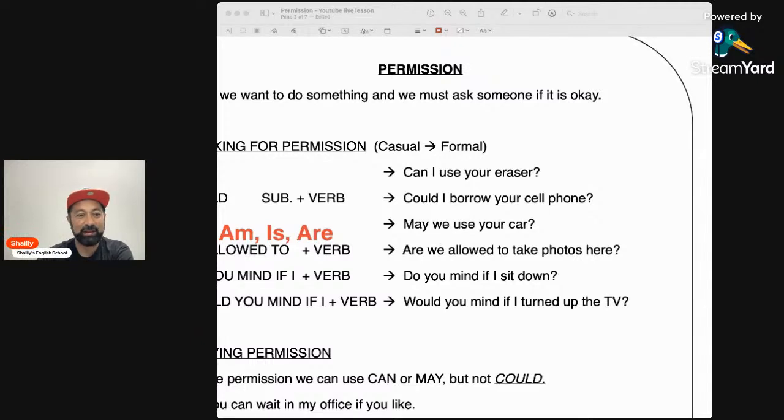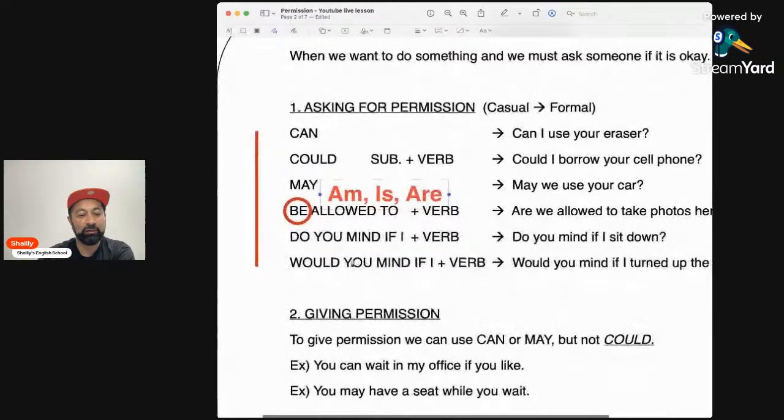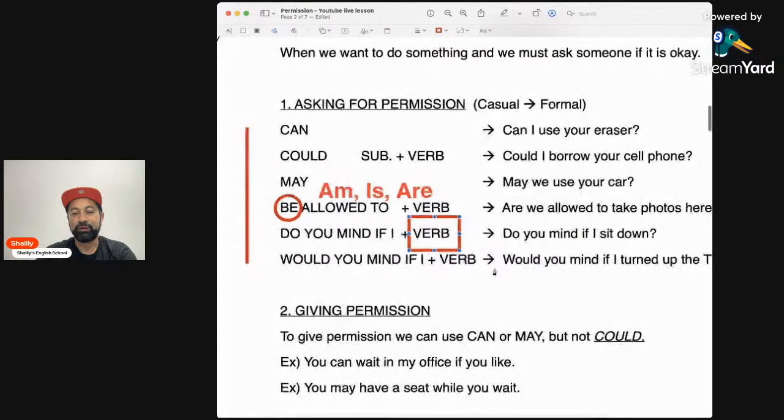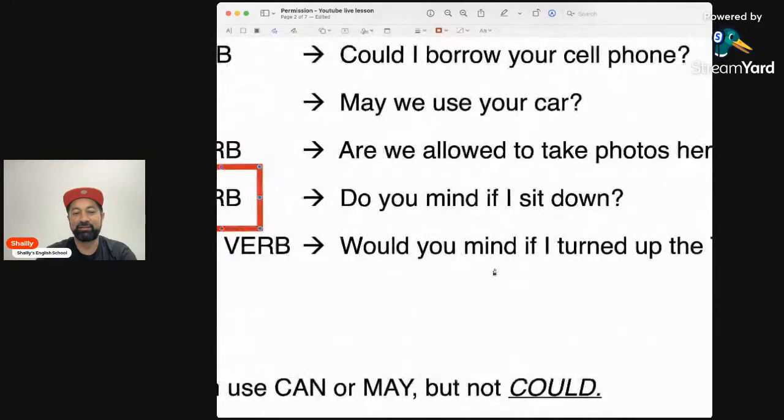Okay, so let's get back into our be allowed to. So the next two are the most interesting ones. The next two are the most polite. In the next two, you're using "do you mind if I" and "would you mind if I." Now, both of these need to have a verb after it, but the verbs are going to be a little bit different. If you notice in my example sentence,